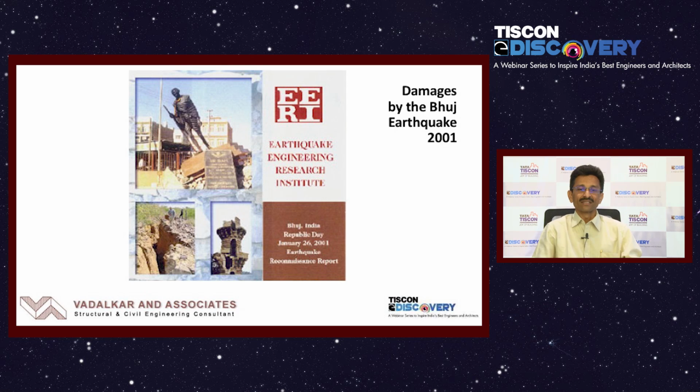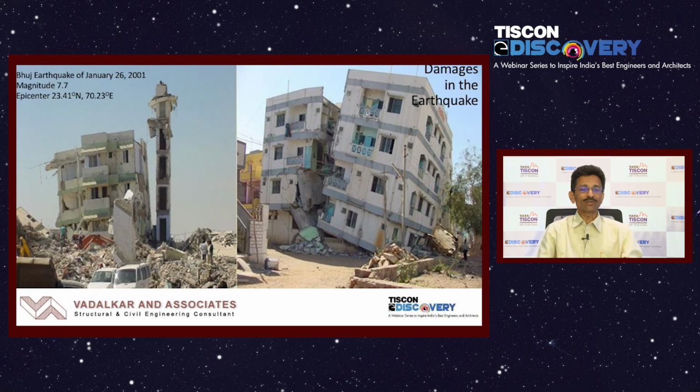And of course, there were reports from institutions like NICEE, and there are reports from EERI also, which is a well-known institution in the USA. All this information and these reports are available for all past earthquakes. All the researchers are working on this. They have recorded the damages and are trying to improve the situation, and that's how our codes get revised after these events. And not only tall buildings, but even ground floor structures, small load-bearing structures, also got damaged substantially during this type of earthquake.